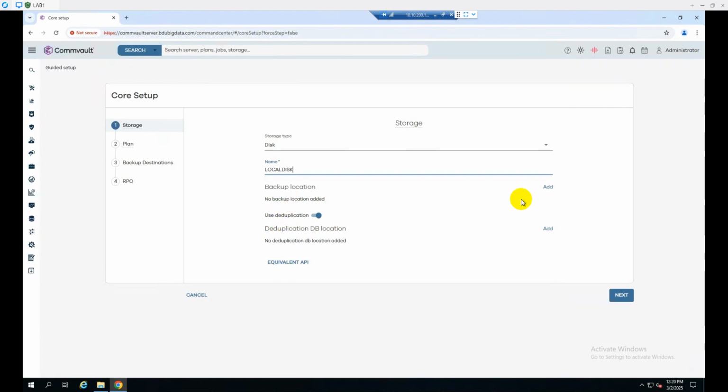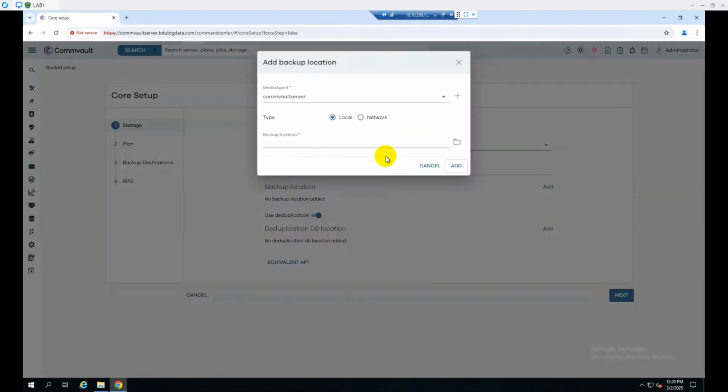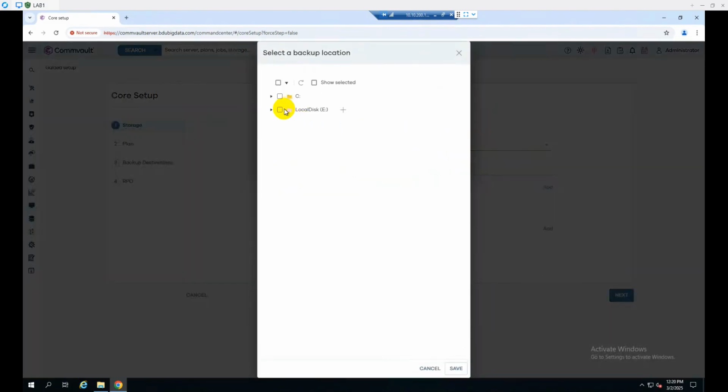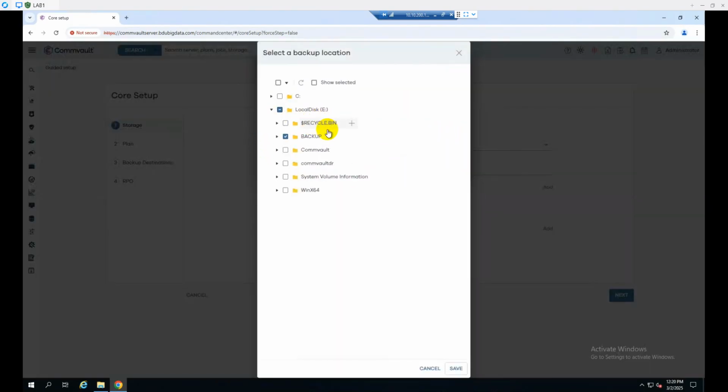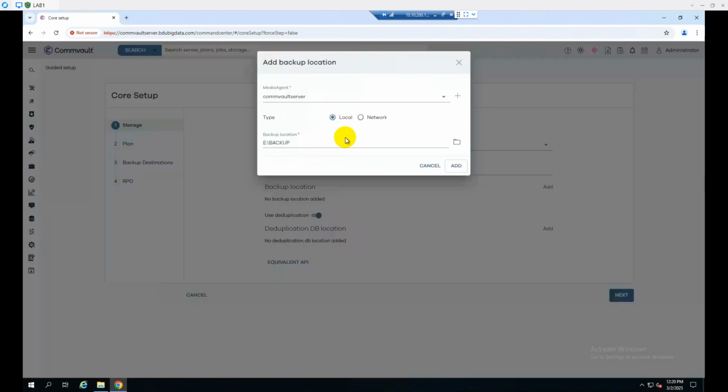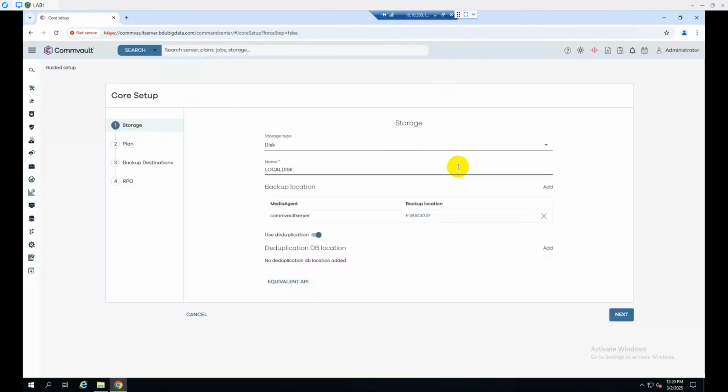Okay, now I need to add a backup location. This is my Commvault server, which is local, and then I will browse the locations. I will use this local disk E, and if you want you can make a folder over here. So let's do that. We will name it backup. Okay, so on E drive we have this backup folder where we will use this local disk storage, clicking add,